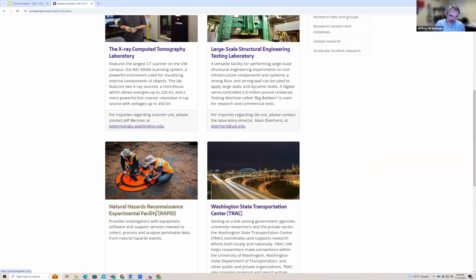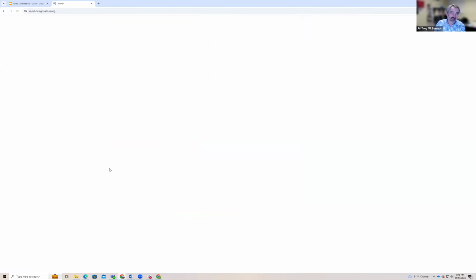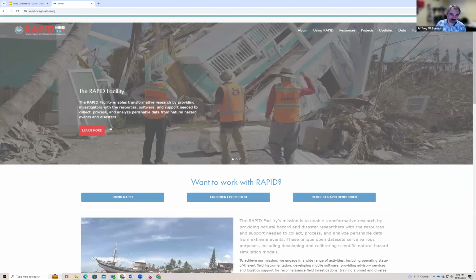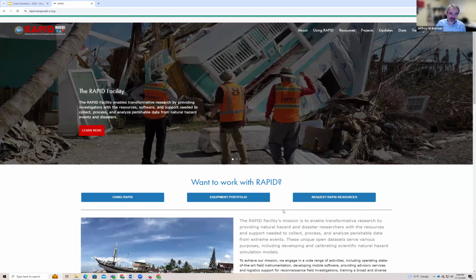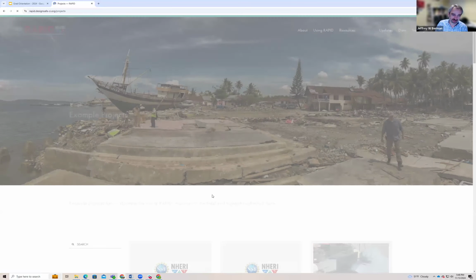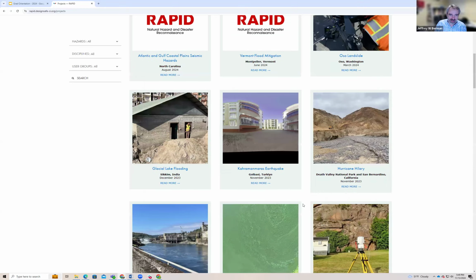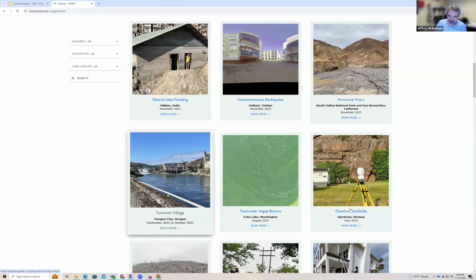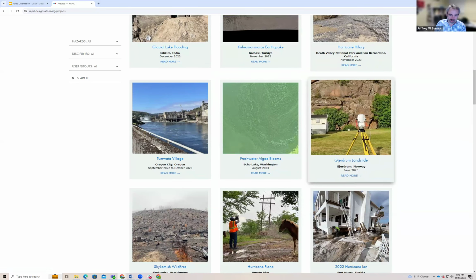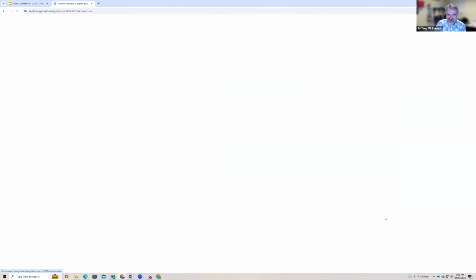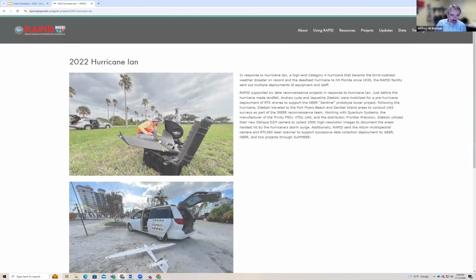And then we also have the Natural Hazards Reconnaissance Facility, the RAPID facility. And this will go to the RAPID website. This is a facility that houses, let me see if I can find a couple projects here, laser scanners and drones and things like this that are used for